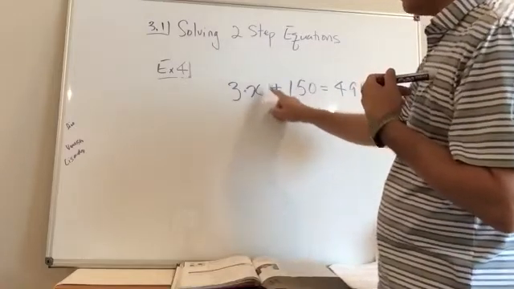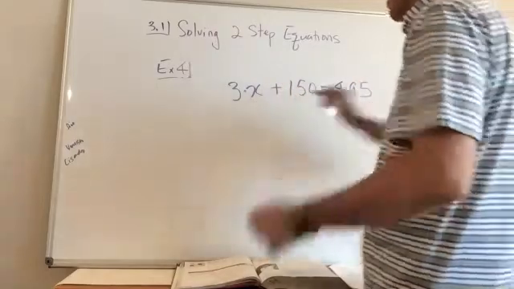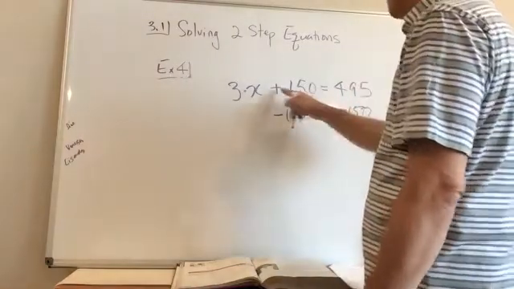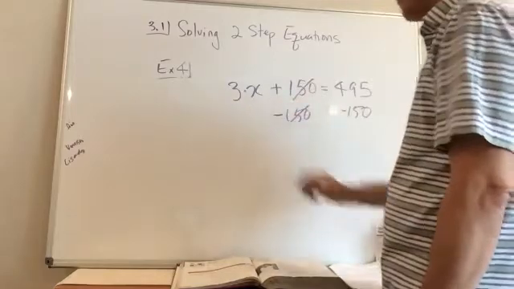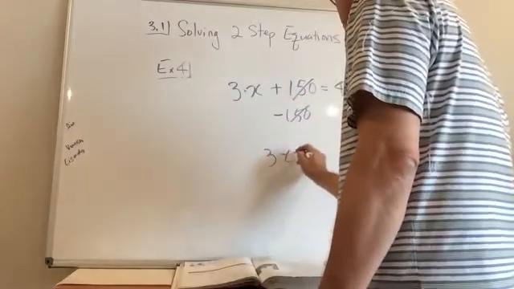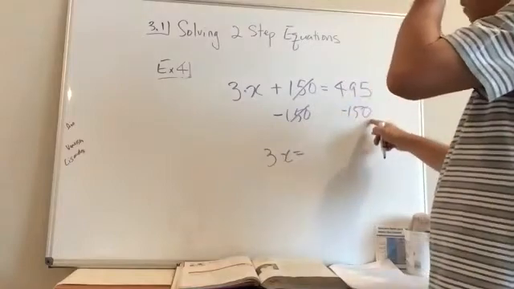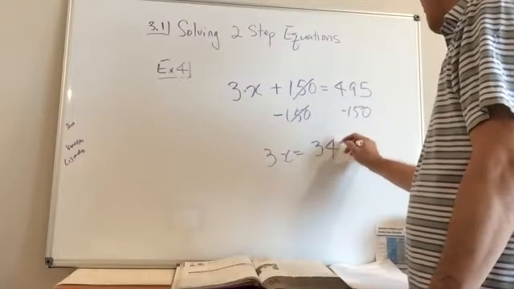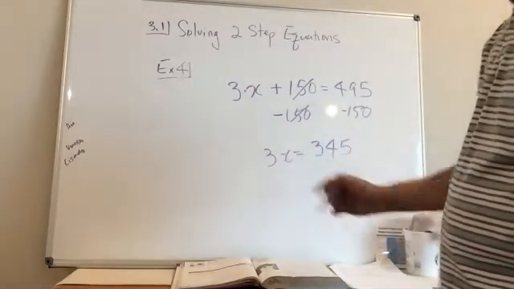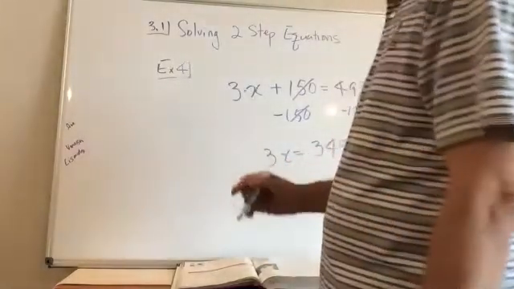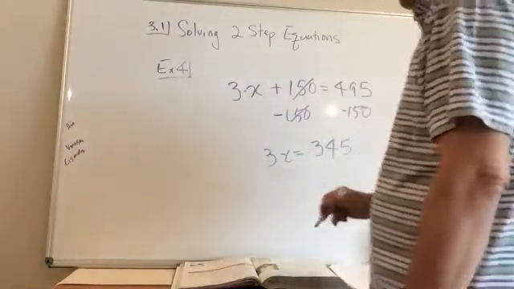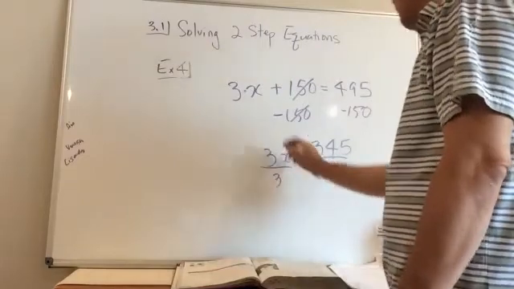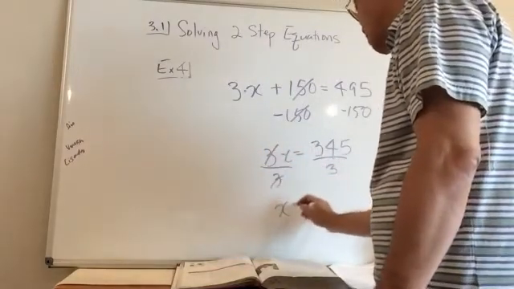Because you have the addition sign, you're going to subtract 150 from both sides. And since there's an addition and a subtraction, it cancels out. So I have 3x left. 495 minus 150 is 345. So I have 3 times something is 345. So what am I going to do, Phelan? Divide by 3 on both sides, right? Now the 3's cancel out. X is going to be equal to